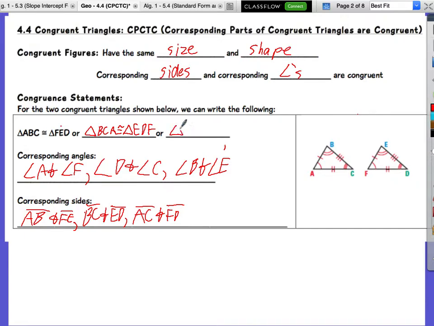So if I call this one triangle CBA. Could be certified business accountant or collective bargaining agreement. In this case, we're talking about a triangle. So triangle CBA is congruent to which triangle? D,